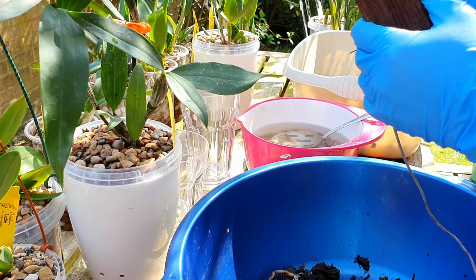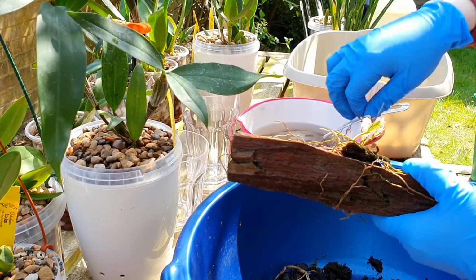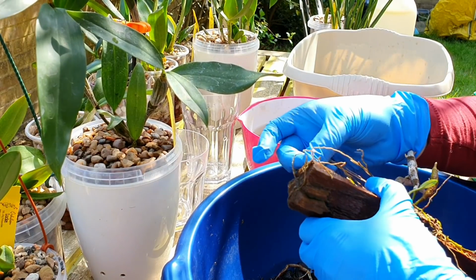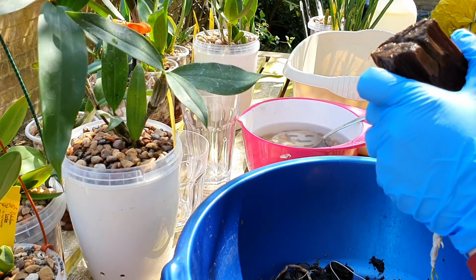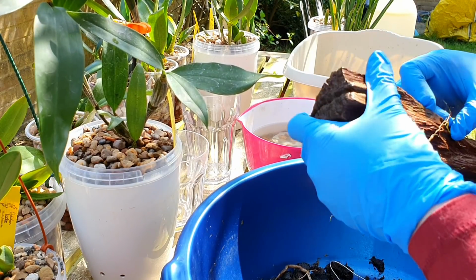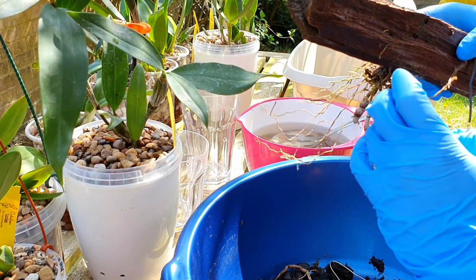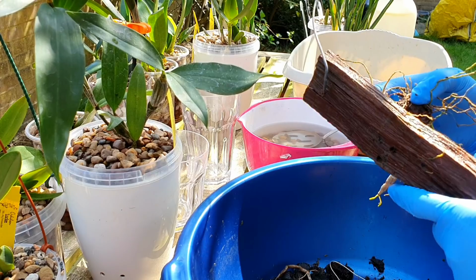There is a new growth starting, and we do have 2 buds on this orchid, which will probably last with me fiddling around with it like this, and the fact that it's moved locations as well, but I would just rather get it off. It's got very fine roots, which to me indicates that it probably would like a little bit more moisture when it's actively growing. Obviously it does have a drier winter rest, I believe, but I'm going to repot it into a completely different mix,